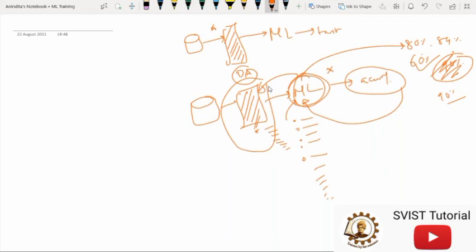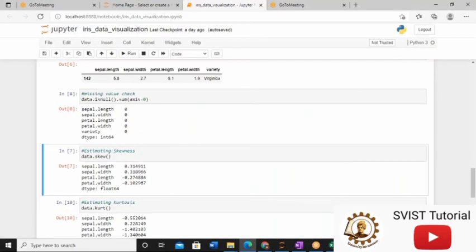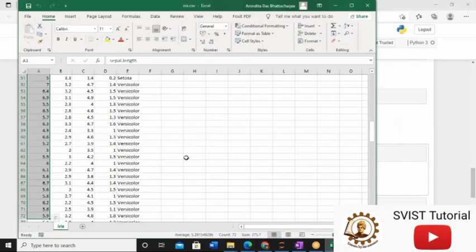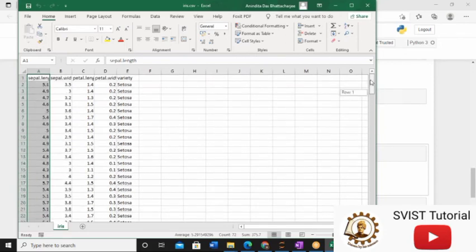So I think it is clear now. So what is the concept of this machine learning and all this thing? See, whenever you are working on this data frame, we are not actually modifying our data set, right? Try to understand. This is my source. I am just analyzing it.